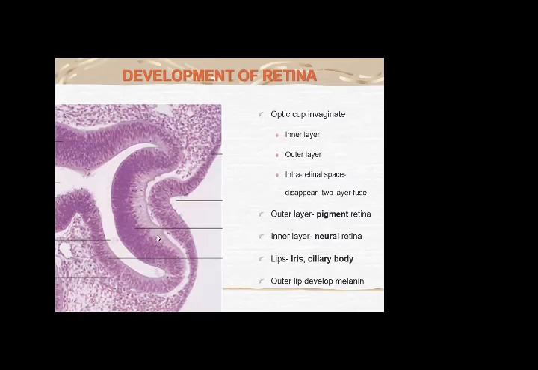Optic cup invaginates, two layers, outer layer, inner layer. The two layers continue over here at the lips of the optic cup. यहाँ पे the outer layer becomes continuous with the inner layer, and between the outer layer and the inner layer you have this space which is called intraretinal space. This intraretinal space will later on disappear when the outer layer comes in contact with the inner layer and fuses